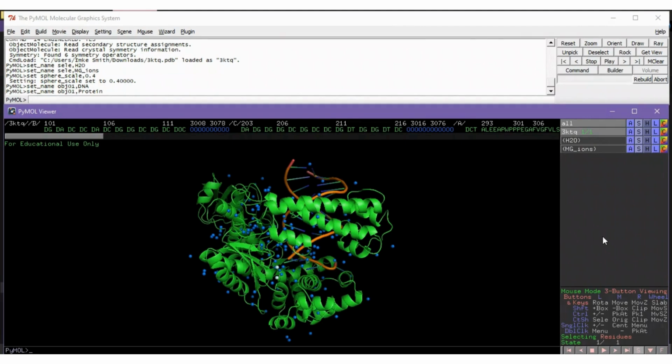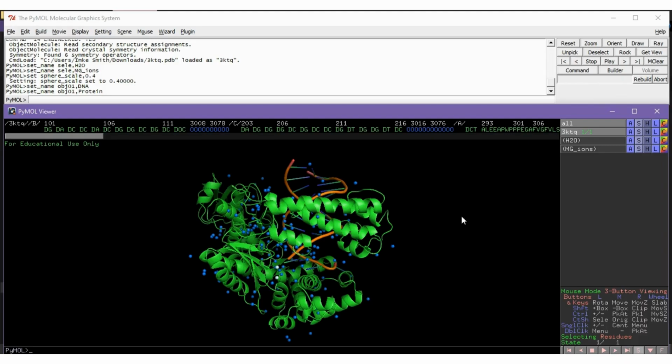In this video, we'll look at how to show ligands and how they interact with the residues surrounding them. In the previous video, I discussed how to show your waters as well as any other ions present, how to change them into a sphere representation and to change the color as well as the size. Now that we've done that, let's identify the ligands.